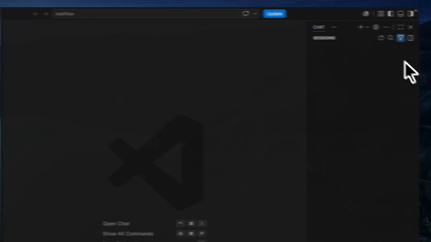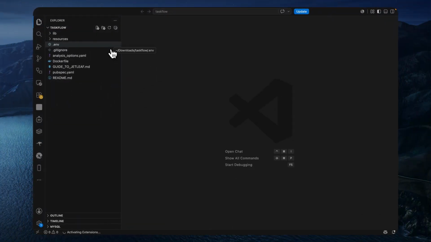So go ahead, open your project in your IDE. We are going to be using VS Code,